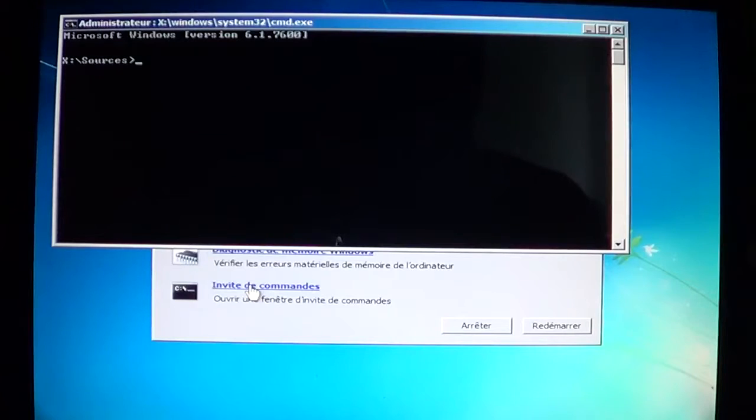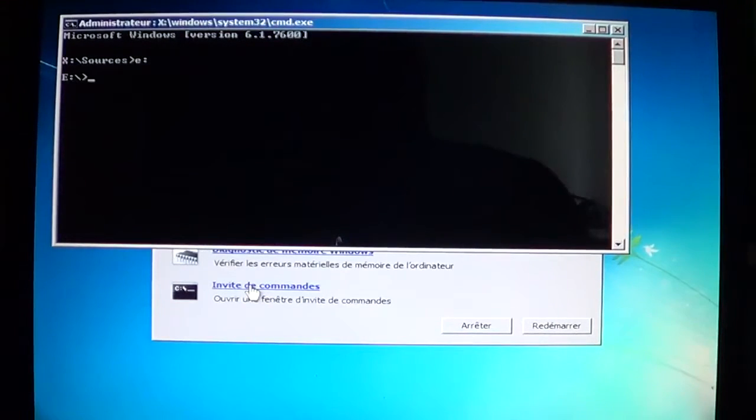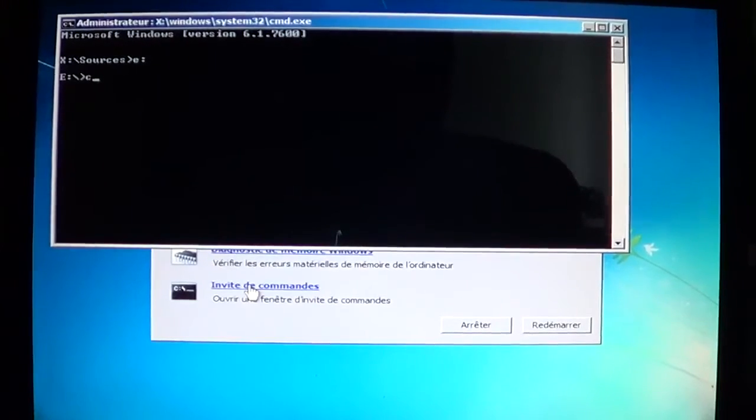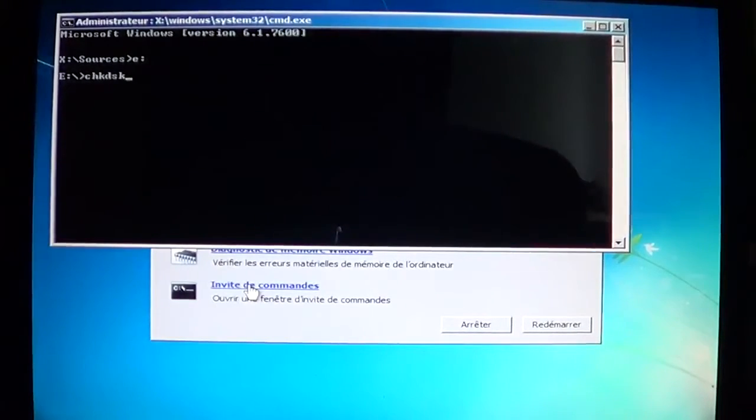Now what you want to do is go into the proper drive. So I looked at my window, it said that Windows 7 English was on E, so I'll type E colon and press enter. And you'll see that the letter on the left side of the black screen is now E colon. Once you're there, you'll type CHKDSK, check disk, space E colon space